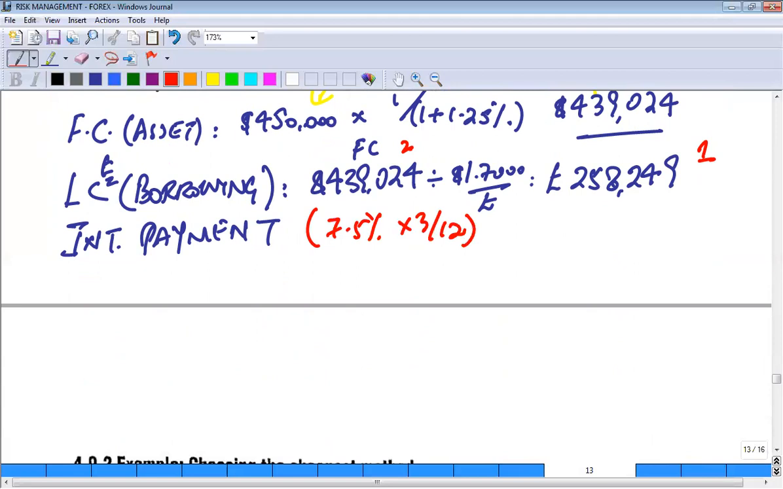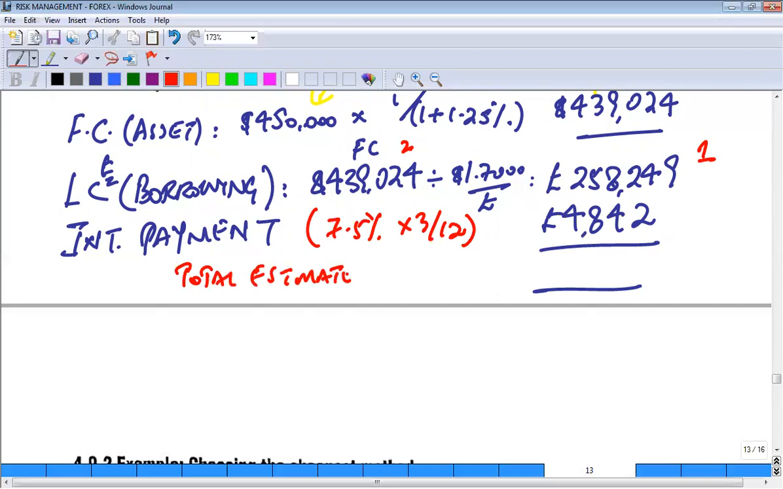258,249 into 7.5% into 3 divided by 12. That is 4842. 258,249 plus 4842. That means the total amount has become 263,091